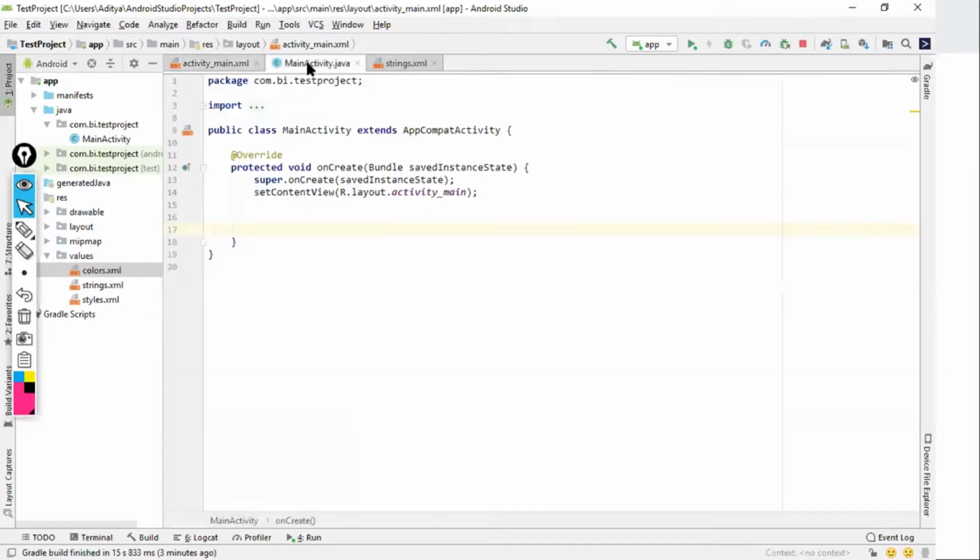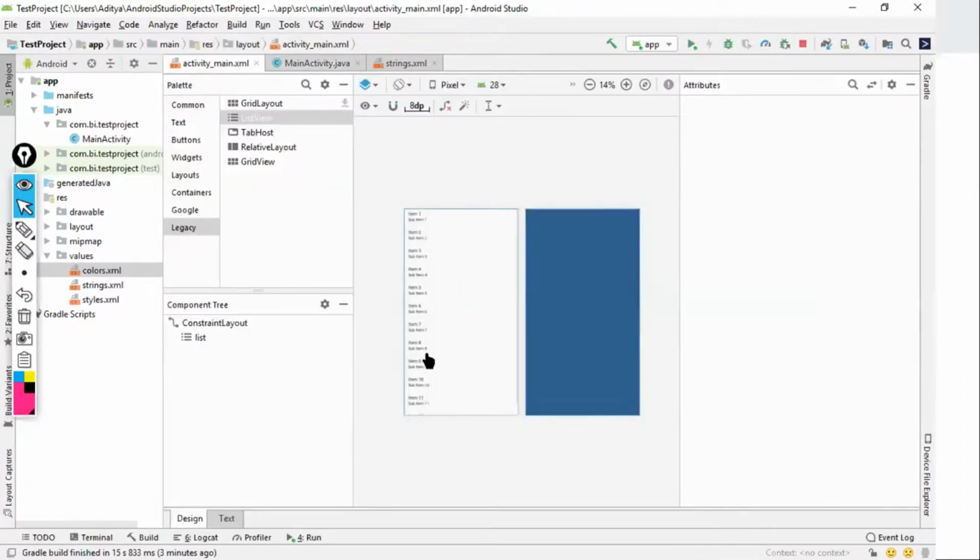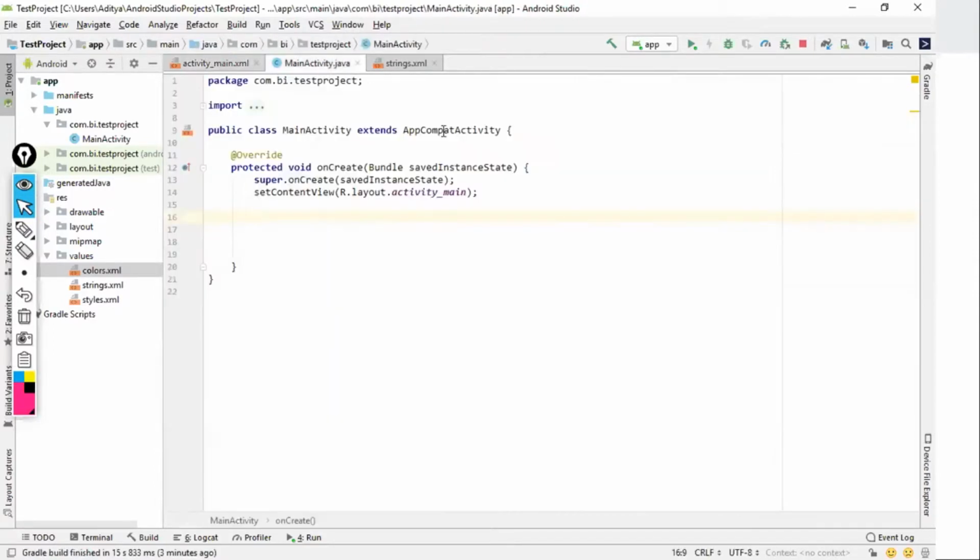Next step is go to MainActivity.java. Now here, the first thing which we do is similar to buttons. What we do in the case of buttons, guys, we add the buttons, for example, and then we give some ID to the buttons. After that, the next step is we instantiate the buttons, right?